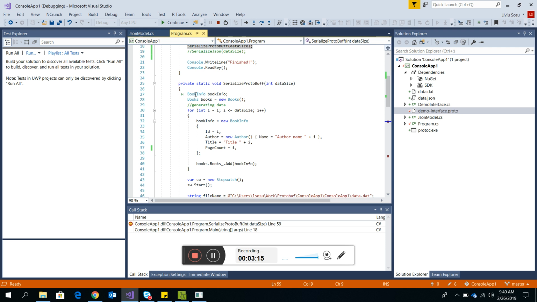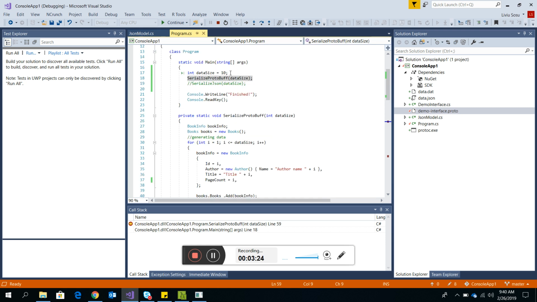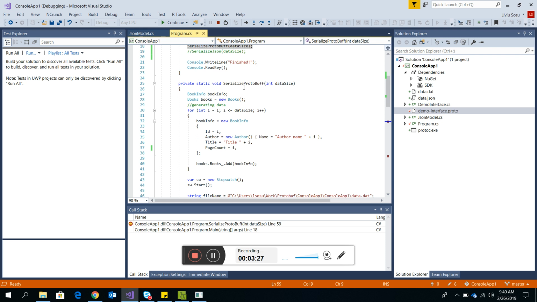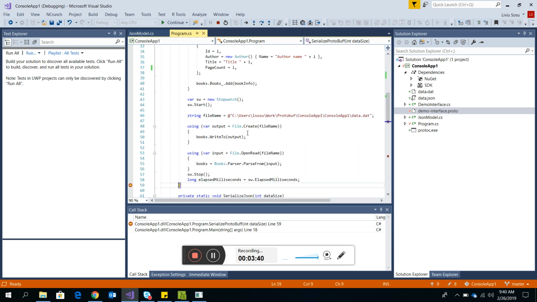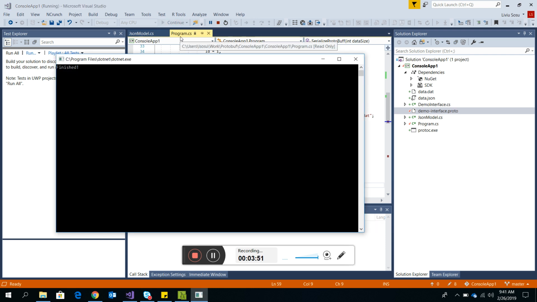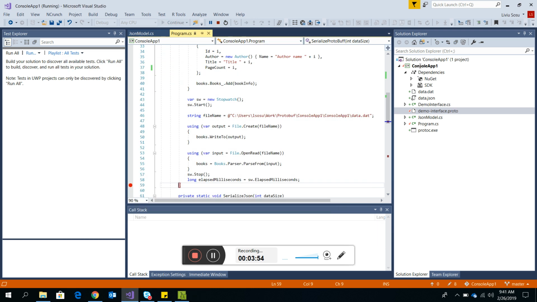These are the classes that could be found in this generated class, from 1 to the number that we specified, 10 in this case, but we will use a larger number. It's just putting in some dummy data. It's gonna serialize it to a file path that I put here. The extension of that file doesn't matter, I just put it like that. I also try to count the milliseconds. Okay, let's go. It should finish. Okay, let's open